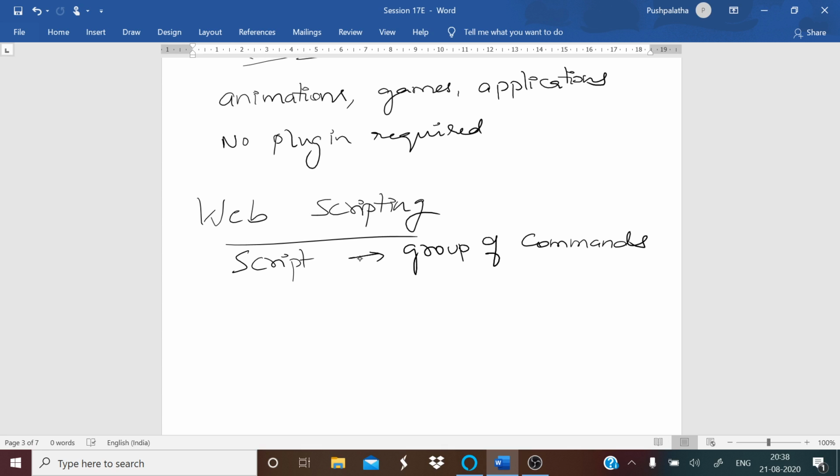So client side scripts means the set of programs that are executed by the client, that is the person or the user who is using the browser. The client-side scripts are used to get the data from the user's screen.